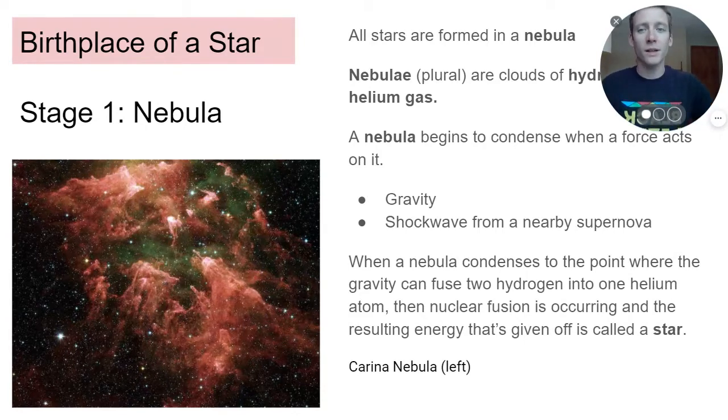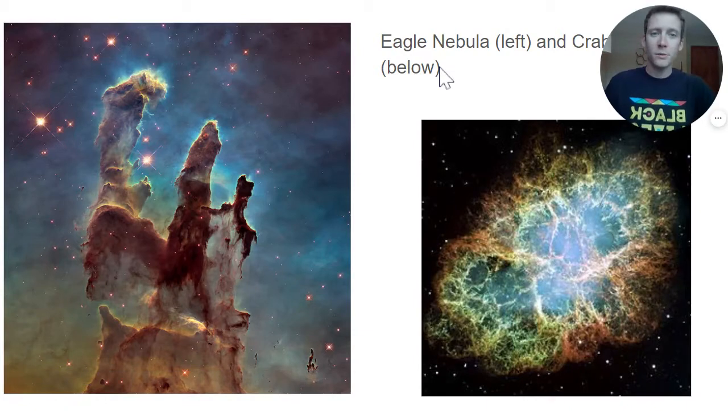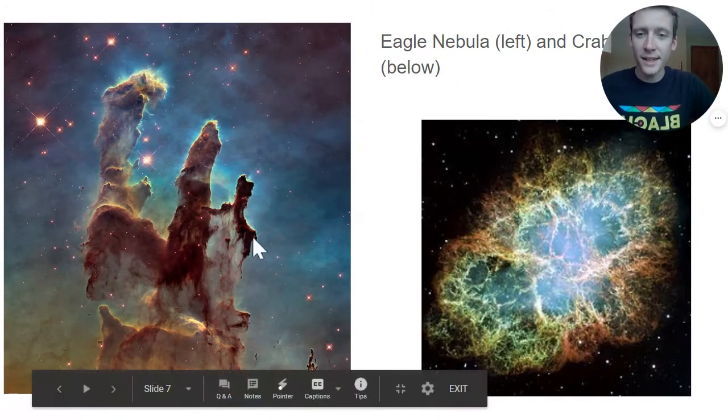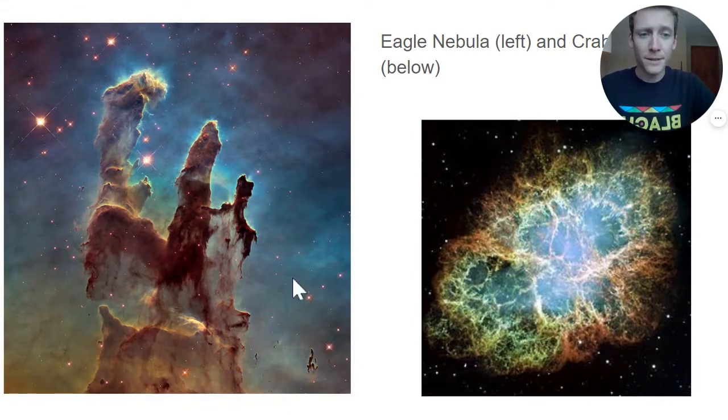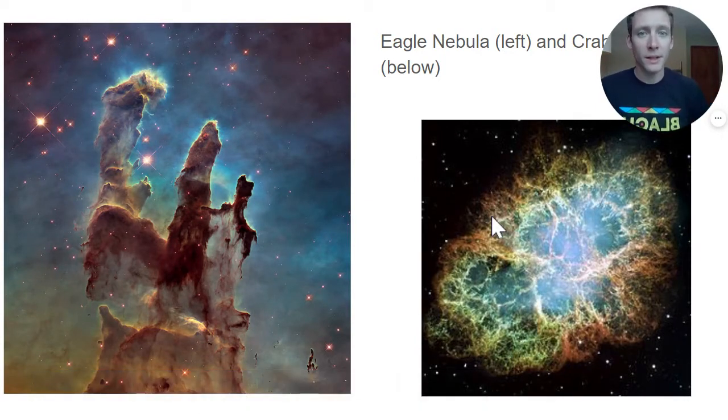We only have a nebula, which remember is a cloud of gas, hydrogen and helium mainly. We have a picture of a nebula right here, and a few more. On the left, we have the Eagle Nebula. So look at this. It's actually just a cloud of gas and dust. Hydrogen and helium. Here we have the Crab Nebula. It's a cloud of hydrogen and helium. It looks quite beautiful, right? The gases, when they're ionized in space, give off these nice colors.